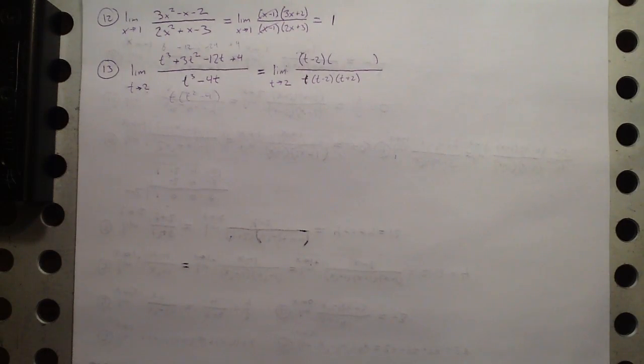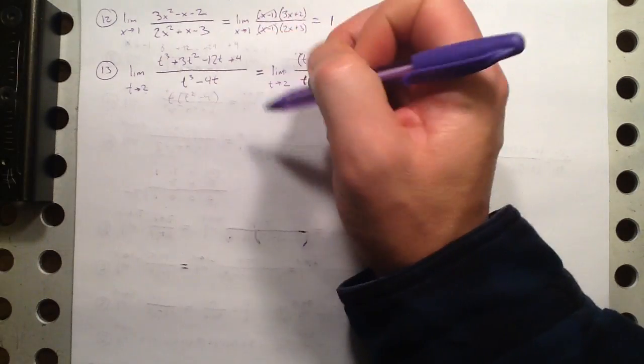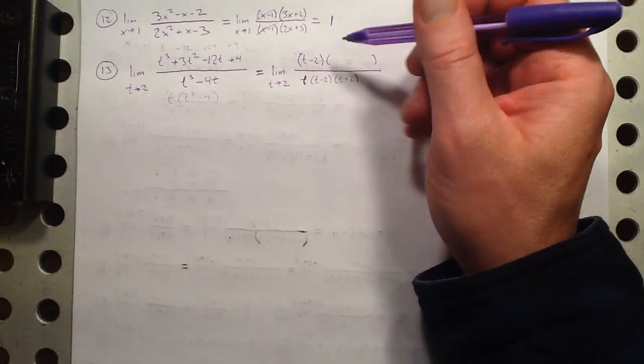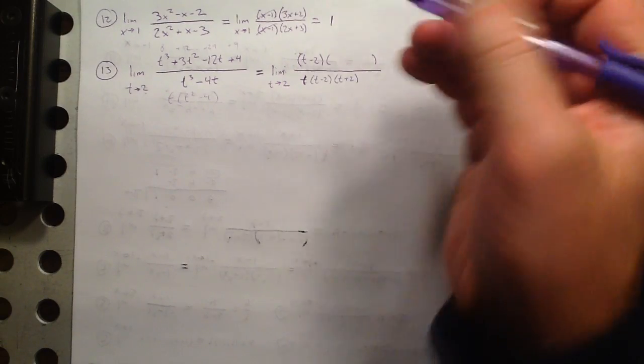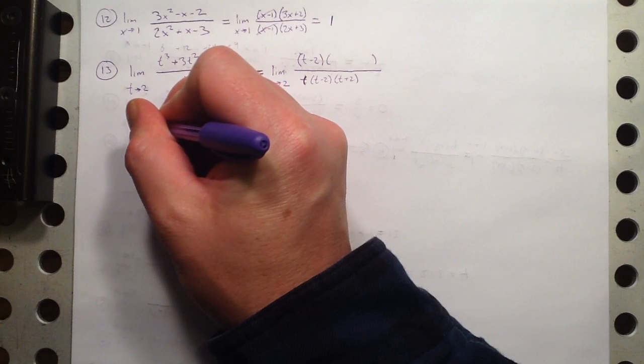It would still work. Okay, the problem is here on the top, there are not any factoring methods. It's not like you can't remember what they are. There just are not any factoring methods that are going to work for this. Even factoring by grouping is not going to work here. So we do know that t minus 2 is a factor, which means that if I run 2 through my